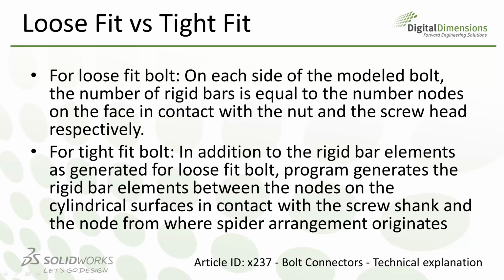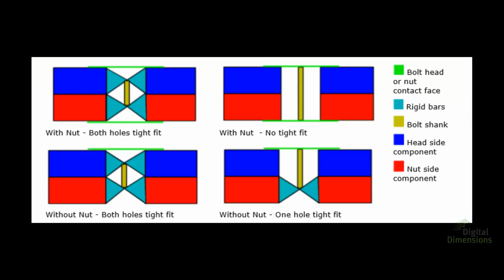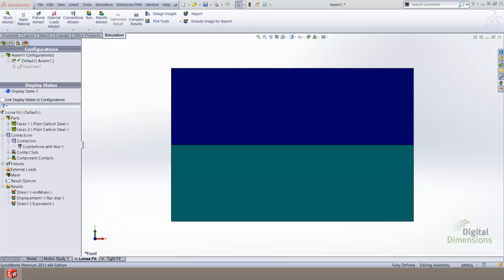Rigid connectors are defined between the tetrahedrals of these cylindrical faces. To better understand the rigid connections in the tight fit condition, please see the attached model. The teal triangles represent the rigid connectors, where the yellow rectangles represent the shank or the threaded portion of your bolt. To interrogate the different results between the tight fit and loose fit conditions, I prepared the following two simulation